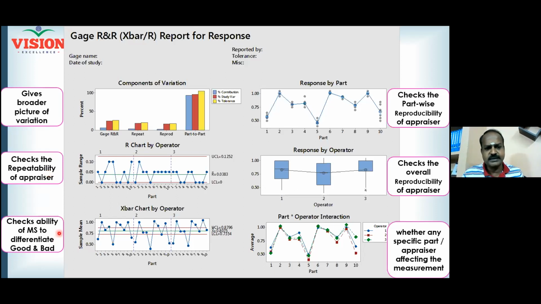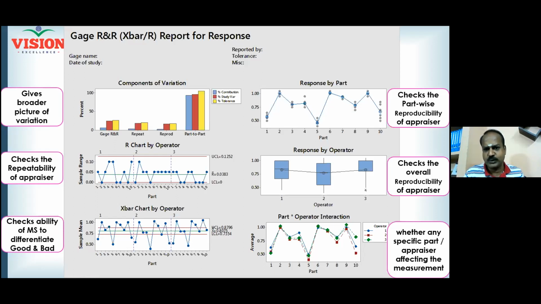And then the third one is the X bar chart. It checks the ability of the measurement system to differentiate between good and bad. Suppose you are writing an exam, you want to get assessed correctly, or do you want to get assessed wrongly also? How many of you will agree? Those who write well should score well, isn't it? Those who write badly should fail. Whether that is happening in your measurement system or not, whether differentiation is done properly or not. If I say someone is the topper, the best student, and he writes very badly in the exam, if I place him as number 1, how many of you will like it? That means the measurement system is bad, and that is what your X bar chart will find out.